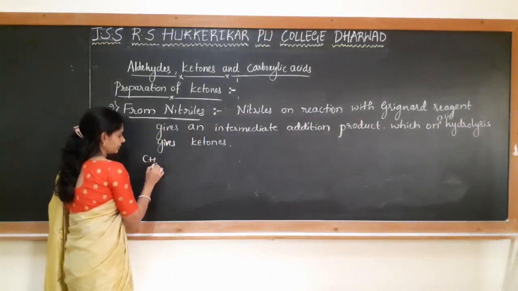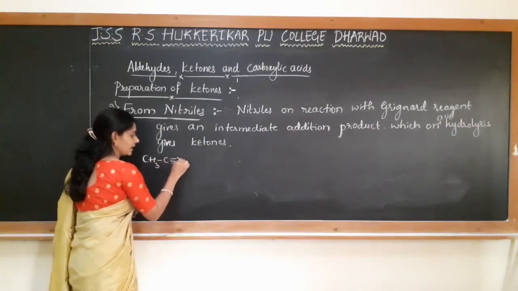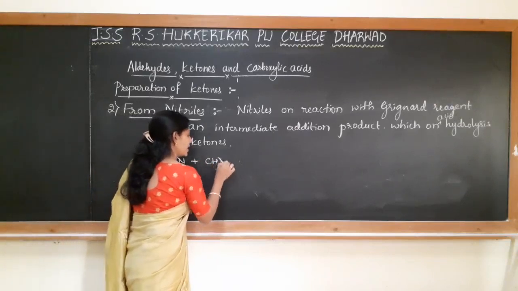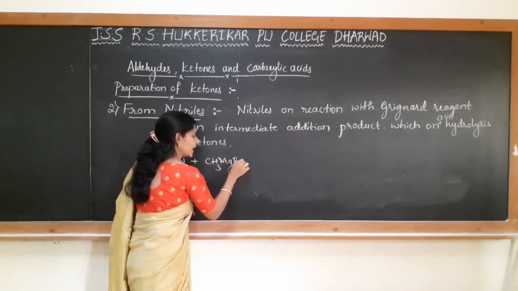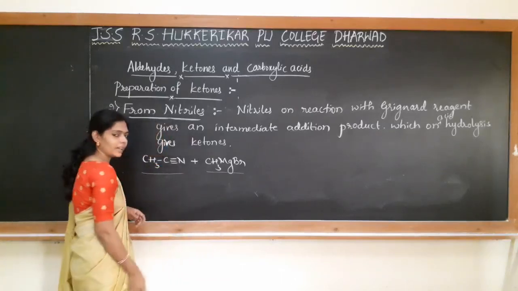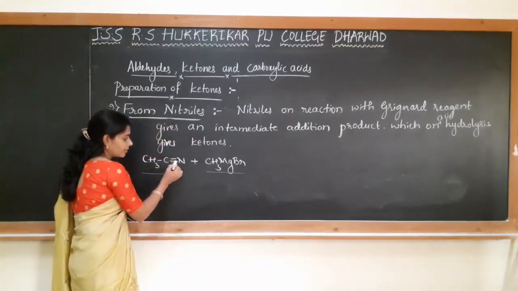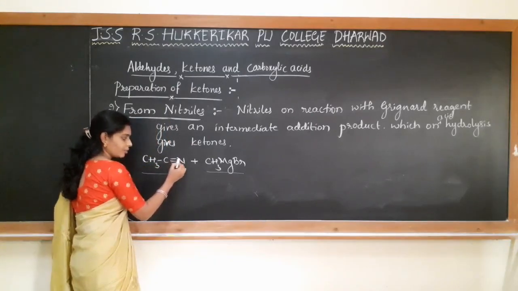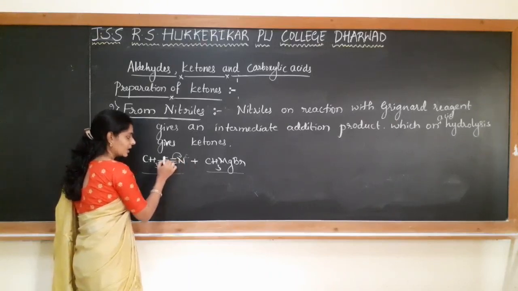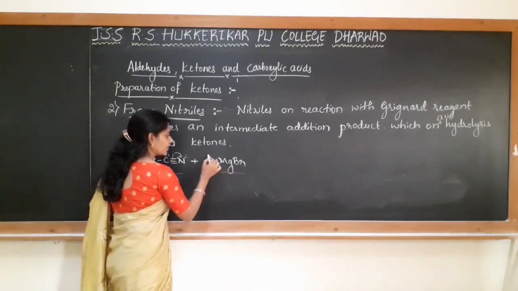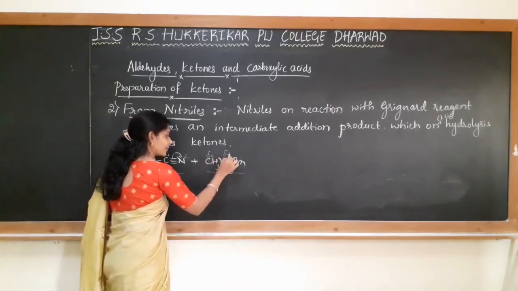If I take methyl nitrile, this is treated with CH3MgBr. This is methyl magnesium bromide. It is a Grignard reagent and this is R-nitrile. So here carbon and nitrogen have a triple bond. As nitrogen is more electronegative, it draws electrons towards itself and gets partially negative charge, and the carbon will be partially positively charged. And in the Grignard reagent, the polarity is in this way, right?